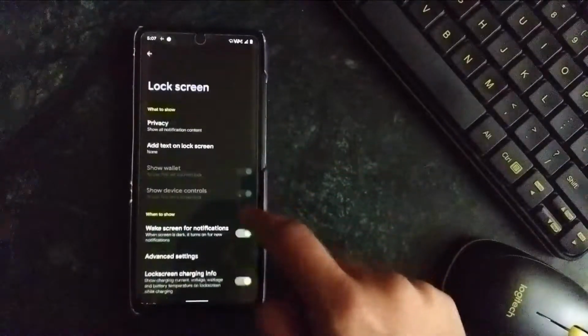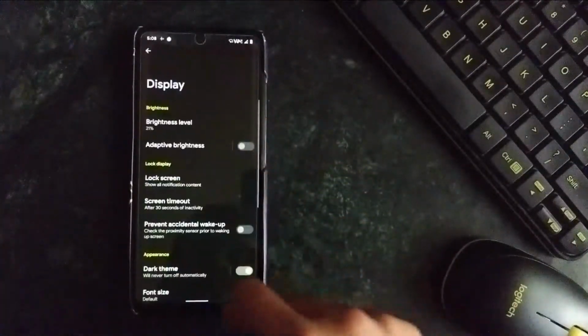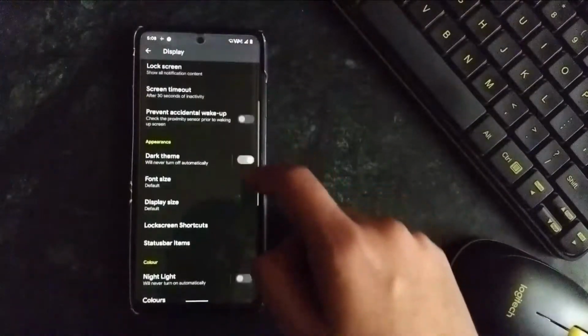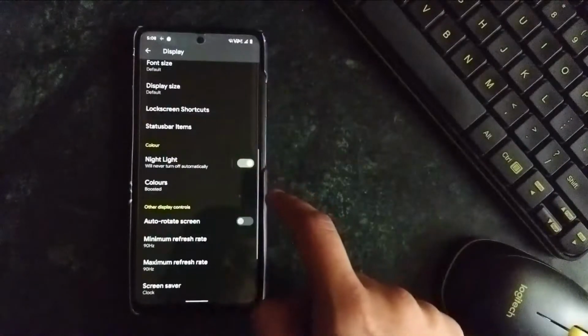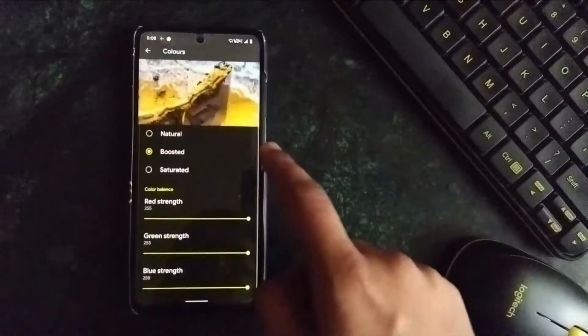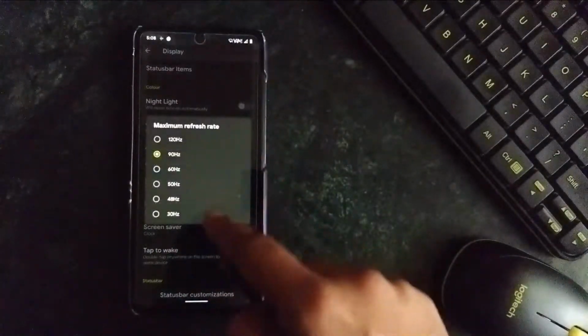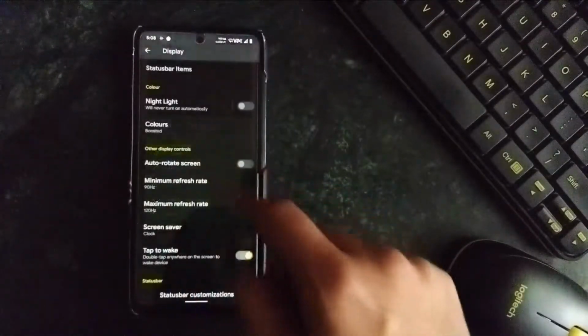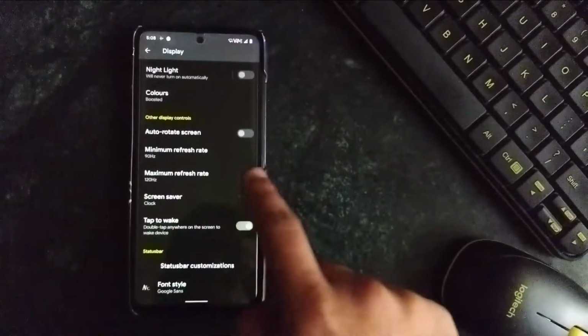Anyway, you will get the direct sound enhancer, which you can find in almost all of the devices that I have seen. Yeah, this is the lock screen one, and for the fingerprint, it has the fingerprint but it does not have the face unlock. So yeah, mind that. And this is the night light, and night light is working fine. For the colors, you can set your colors if you want. For the refresh rate, you can set between these refresh rates if you want. I'll set it to 120, so you can see the difference over there.